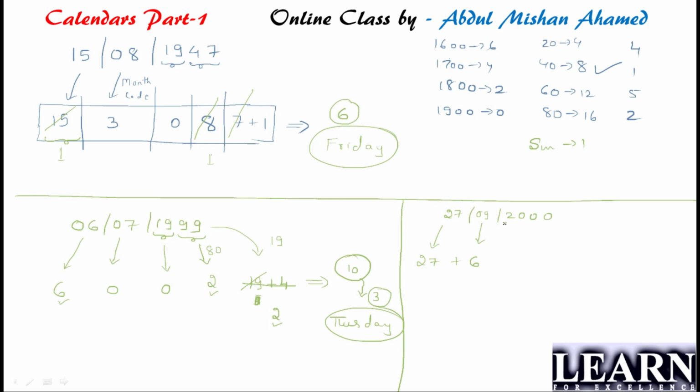And we are going to look at this 20. What is the century code for 20, guys? 6, for 2000, right? Next, look here. Here we have nothing, 0, 0, 0, 0. So we should not take anything; there is no requirement over here. So adding this, 6 plus 6 is 12. 12 plus 27 gives 39. So if I divide it by 7, I'll get the remainder 4.